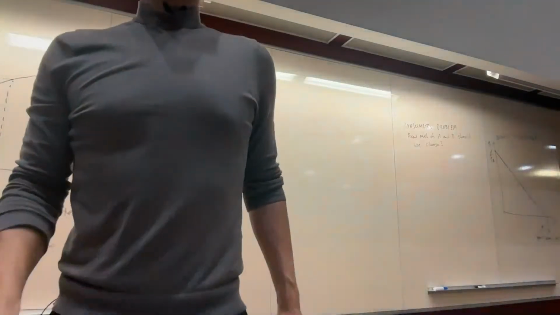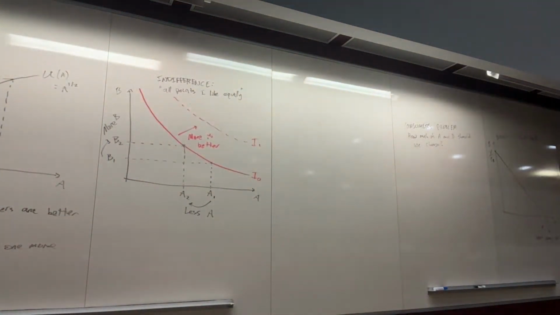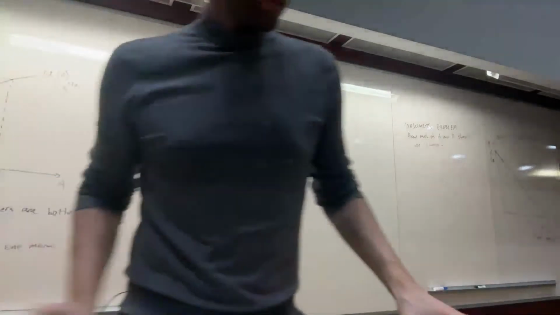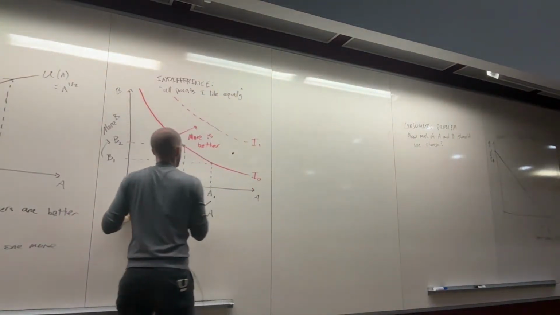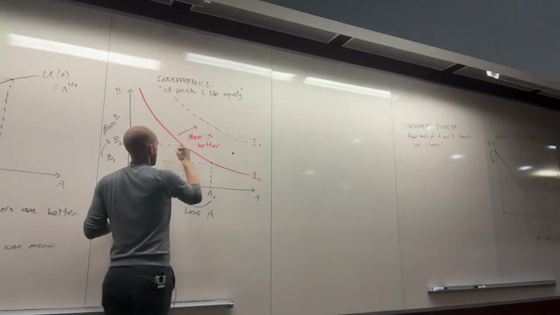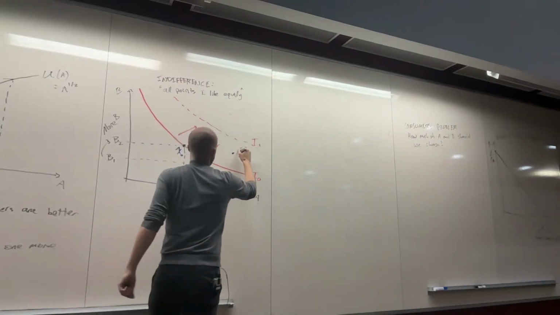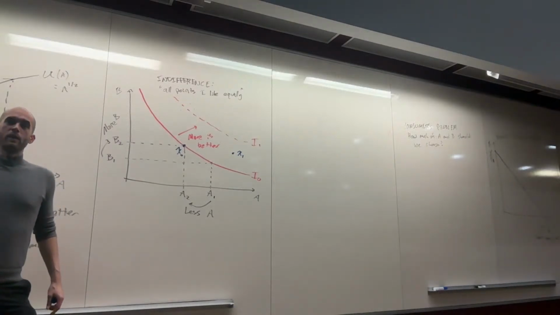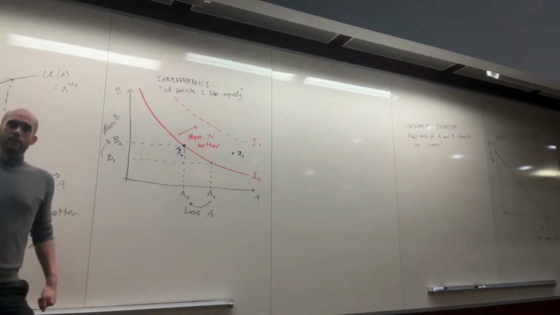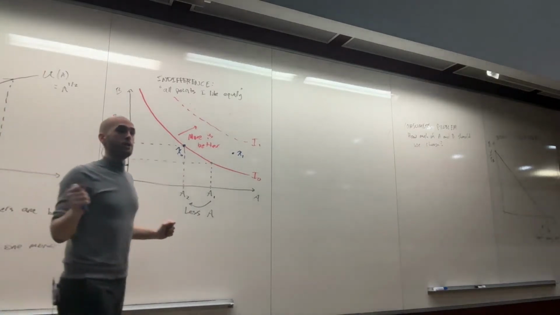I'm going to give you a couple of challenge questions. Okay, first challenge question. We have a blue point, which is here. And let's say we start at x0. Call this x1. Quick challenge question for you. Do we like x1 better or worse than x0? How many of you think we like x1 better? How many of you think we like x1 worse? Nice, very good. Your intuition is on the right track.